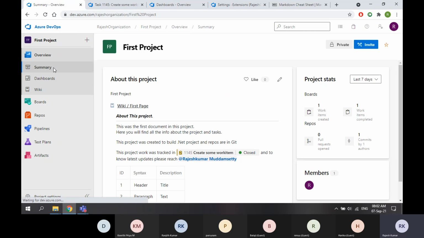Earlier, what they used to do, they used to create some documents in Word or some document format, and they used to share them with the users. Now they are not doing that. They are just creating everything in the wiki, and they are asking the new employee or new user to go to the wiki and go through all the available documents. That is simple KT. Nothing is going to be explained. They are doing it like this only. We have everything available in wiki, Rajesh. Go to the wiki and read all the documents. That's how they are completing the KT simply.